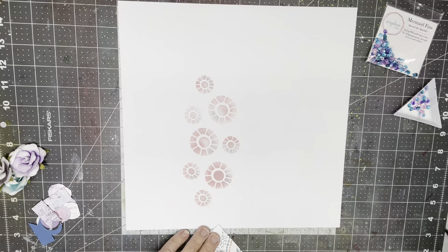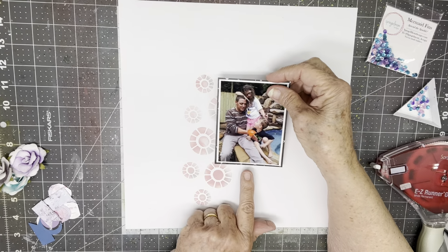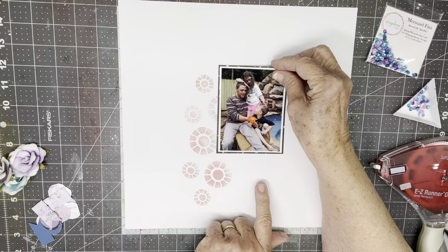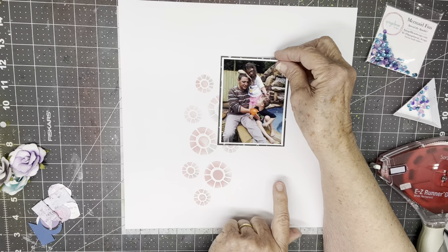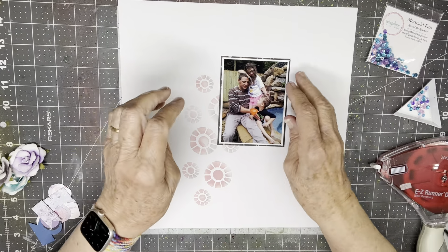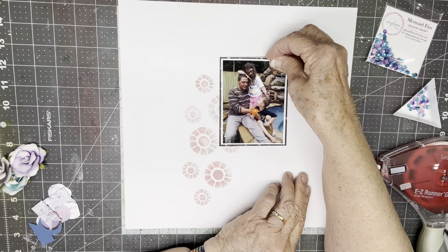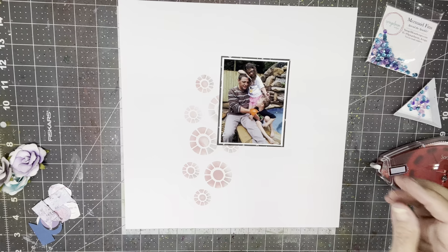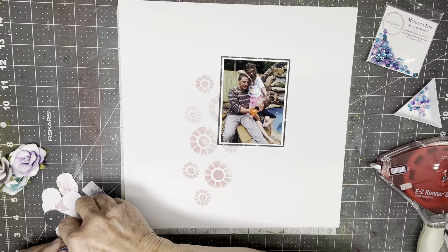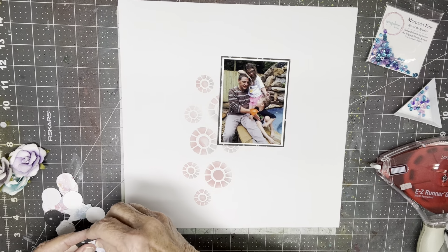And I'm just gonna put the adhesive kind of in the middle. I'll go up a little bit so that that little circle shows. Need to get it straight. Okay, now I'm going to do my little banners